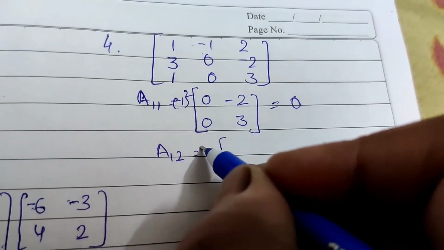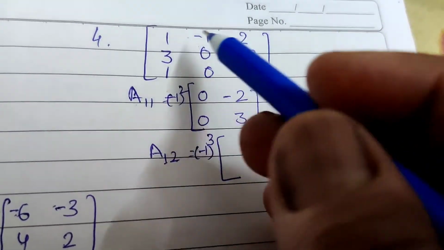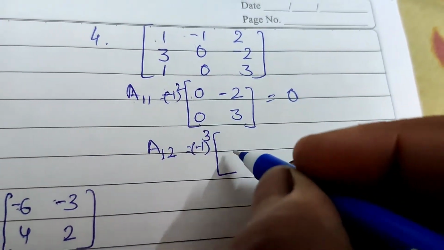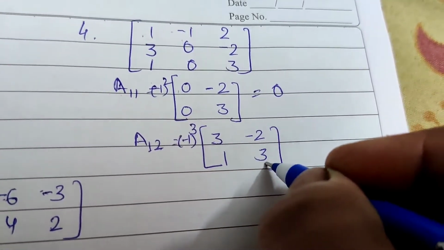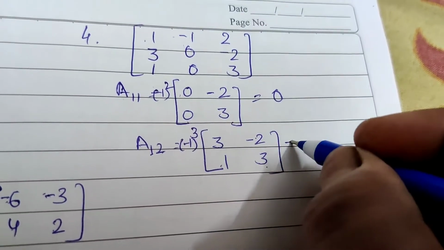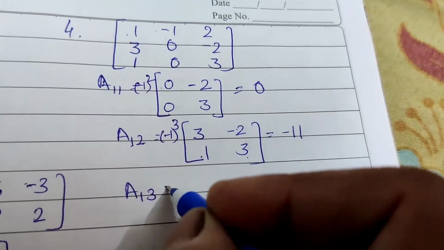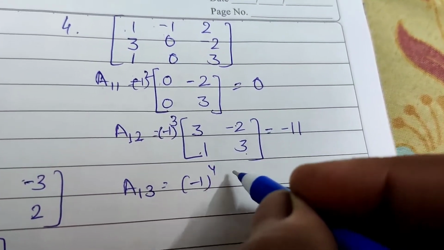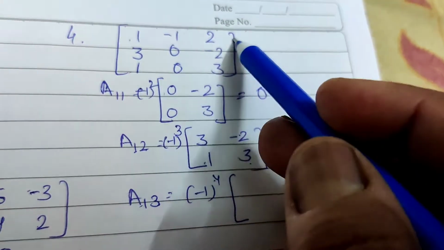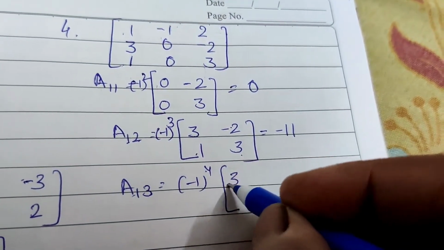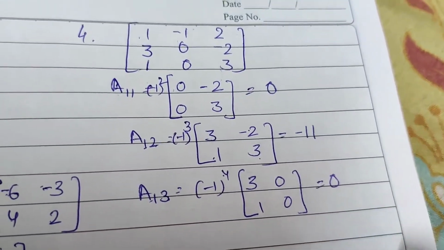First row second column, minus 1 raised to power 3, 1 plus 2 is 3, and the minor is 2, 3, minus 2, 1, 3. It is 9 plus 2, 11, it is minus 11. Next A13, minus 1 raised to power 4, 1 plus 3 is 4, and first row third column, it is 3, 0, 1, 0. It is also equal to 0. Next